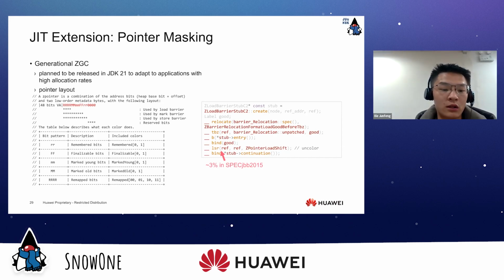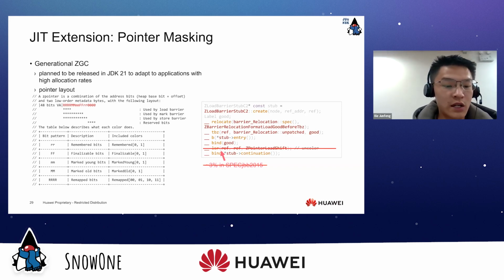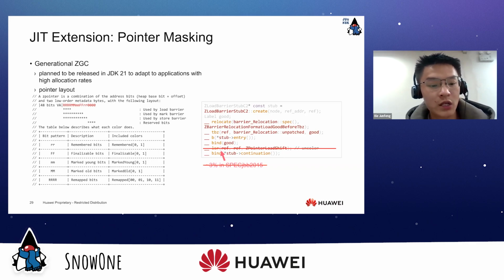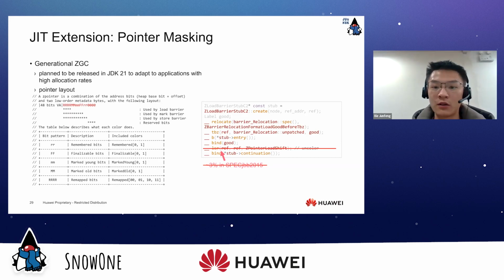According to our test, each extra instruction placed in the load barrier will increase the total number of instructions by 3% in SPECjbb. But with pointer masking, we can move the colored bits to the top of the pointer, and we don't have to do anything for dereferencing in the load barrier.